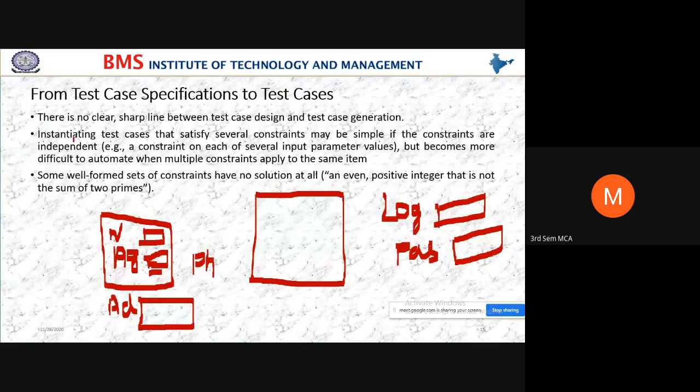So there are several constraints. See, the constraints are based on the project only, students. There is no general constraints. Correct? No? When you write a test case,